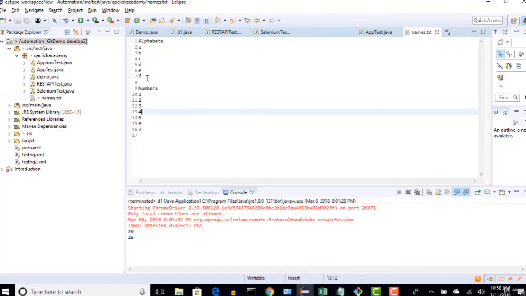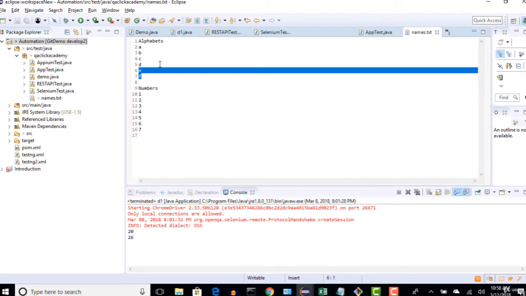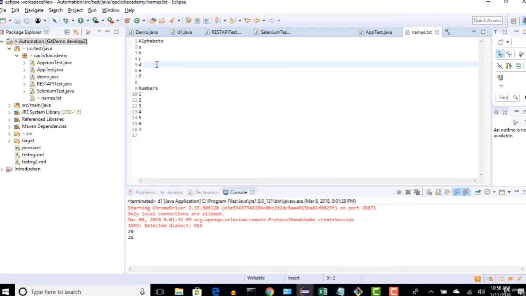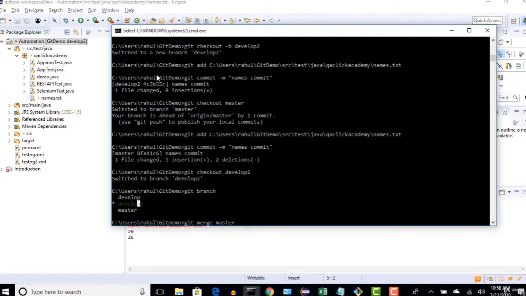And now that guy deleted these 2 files. And this guy is saying these 2 files are necessary, because he does not know that he deleted them. Now when they are trying to merge, Git will be confused, because in one branch the file is there, and in the other he is saying it should not be there. So it says there is some merge conflict, you guys decide it. Okay, let's see. Git merge master.